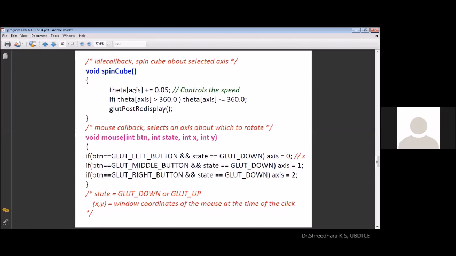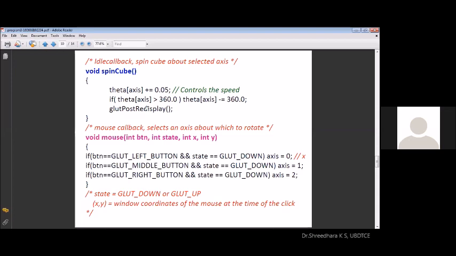After doing this, the glut post redisplay function is required so that whatever modifications you have made to the matrices take effect. In this way, spin cube is a function which helps you. We are going to call this function in the glut idle function.